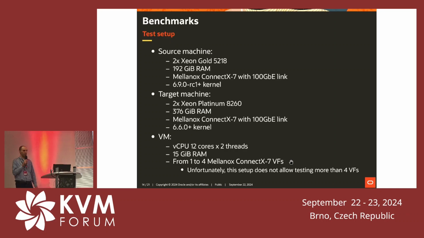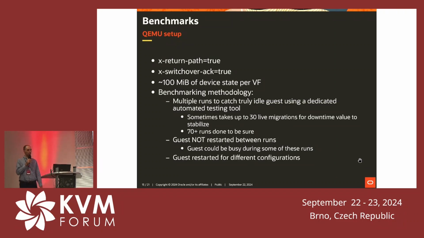up to 4 VFs. If someone wants to have more than 4 VFs during a VM, it has to rely on machine dirty tracking, which is only possible on either AMD machines or Intel machines from Sapphire Rapids, I think. But unfortunately, this machine doesn't. It's too old for this. So up to 4 has been checked. That's the configuration. It has about 100 megabytes of device state per VF,